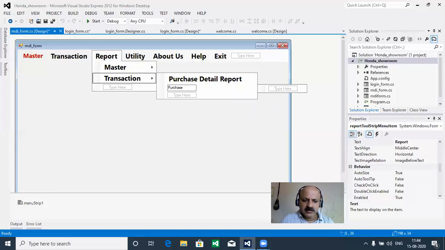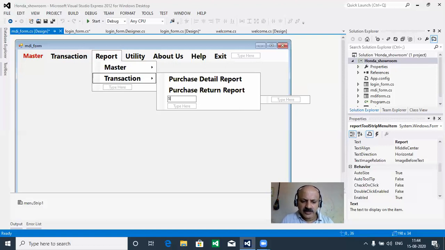And purchase return, we can say that. So purchase return report, I just click directly, so that appears. And then sell, I am going some speed, because there you can get an idea how to design MDA, because we can also take some coding.